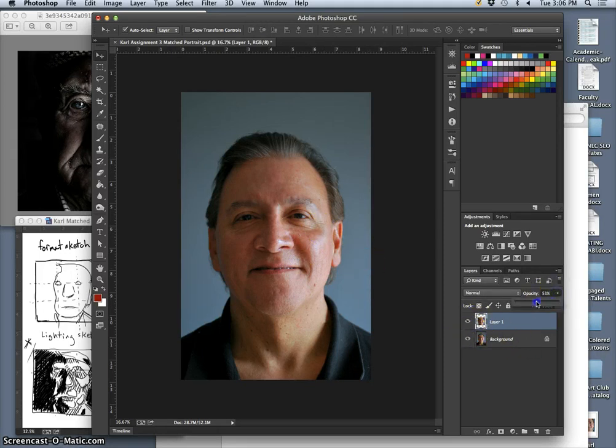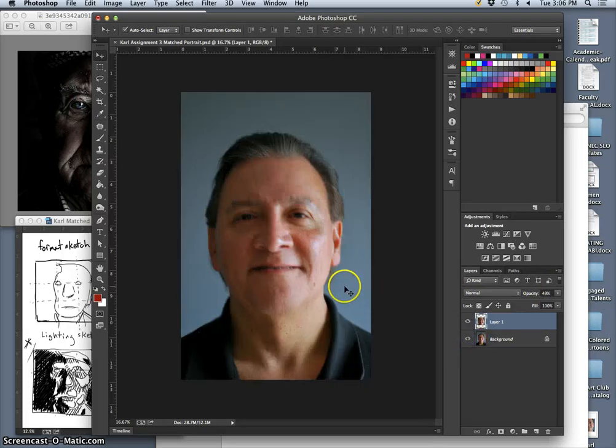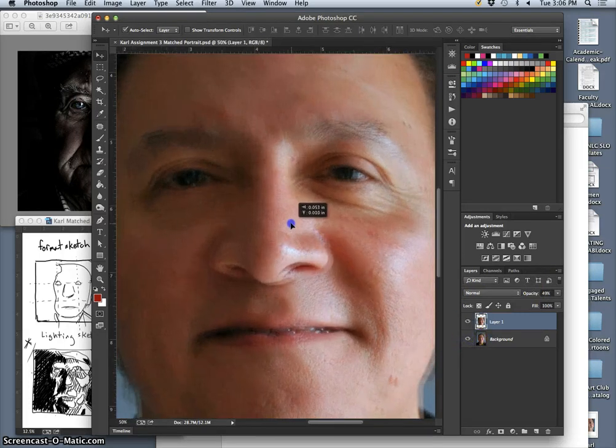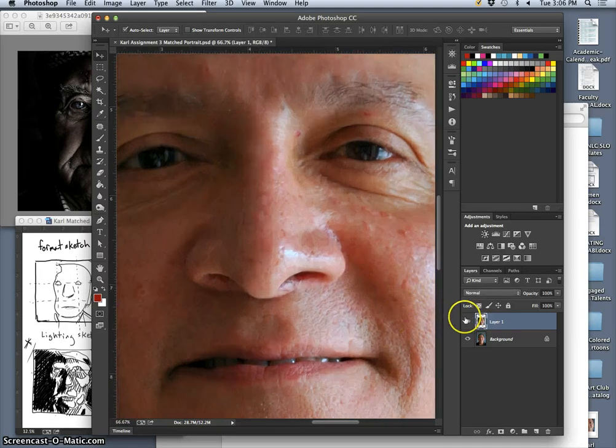Now to get it exactly correct, I take the opacity down on my cropped box, so it's just a faint image now, showing at only 50%. I zoom in and I line it up with the image until when I click and turn it off and on, it doesn't move at all. And you can use the arrow keys to kind of nudge it right into place. So now that's right on. It looks like it can nudge just a tiny bit. Yeah, so now when I turn it off and on, it's